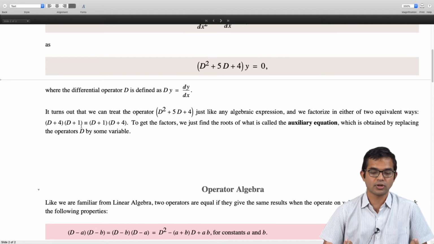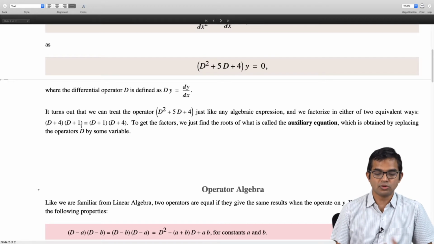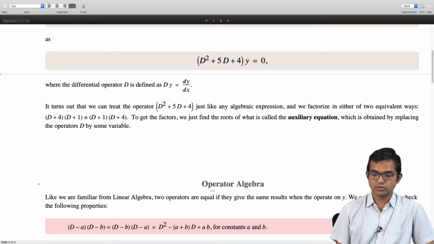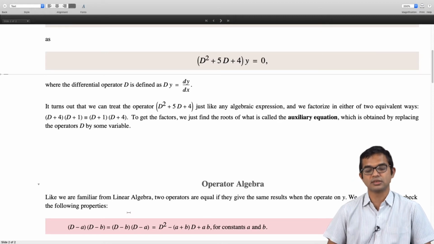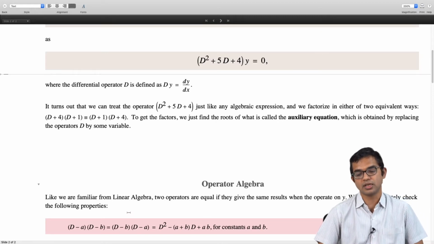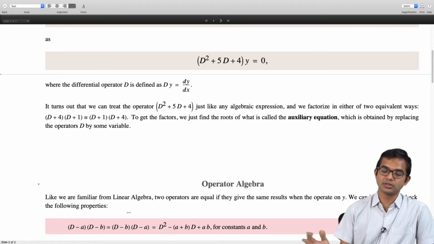If you are given two different operators and whenever they act on any y, the result must be the same, then they're equal. So the statement here is that this property that we can show is (D minus a) times (D minus b) is the same as (D minus b) times (D minus a), which is the same as D squared minus (a plus b) times D plus ab, for constants